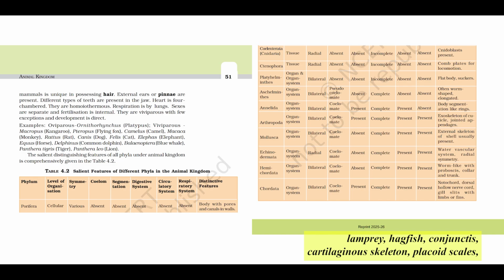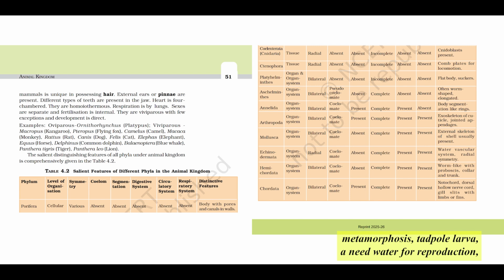Lamprey, hagfish. Chondrichthyes: cartilaginous skeleton, placoid scales, no operculum, no air bladder usually, ventral mouth, internal fertilization often. Sharks, rays. Osteichthyes: bony skeleton, cycloid and ctenoid scales, operculum present, air bladder present, terminal mouth usually, external fertilization usually. The vast majority of fish. Amphibia: dual life, water and land, moist skin, no scales, cutaneous respiration, 3-chambered heart, external fertilization usually, metamorphosis,